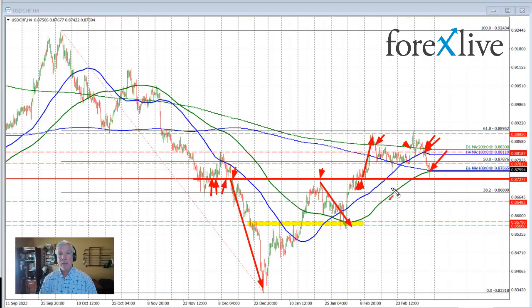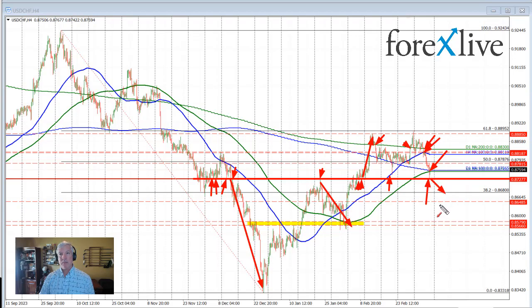And then the market came back down and tested the 100-bar moving average, found support buyers, and moved higher. And the last move in trading here today came down to that line and found support. So that level comes in at 0.87277, and right now we are looking at staying below these moving averages, more bearish, and moving below the 0.8727 level would add to the bearish bias, and have traders looking for the broken